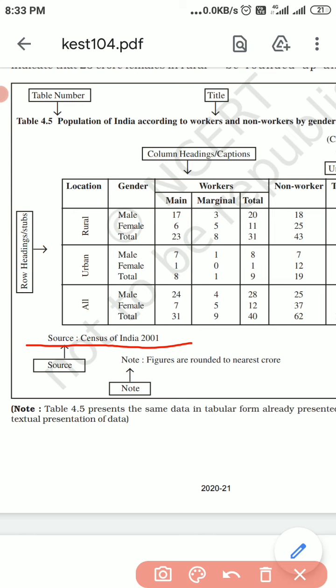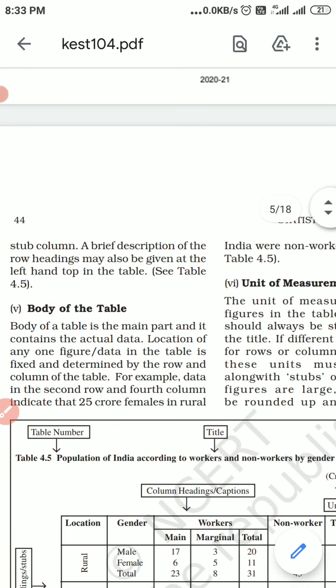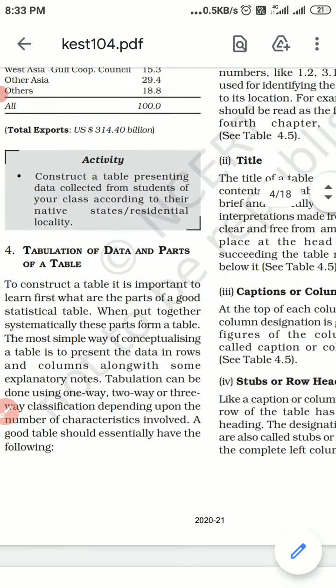Then note. So we can put a note also regarding this data. So these are the different parts of table. We can study it one by one also, like